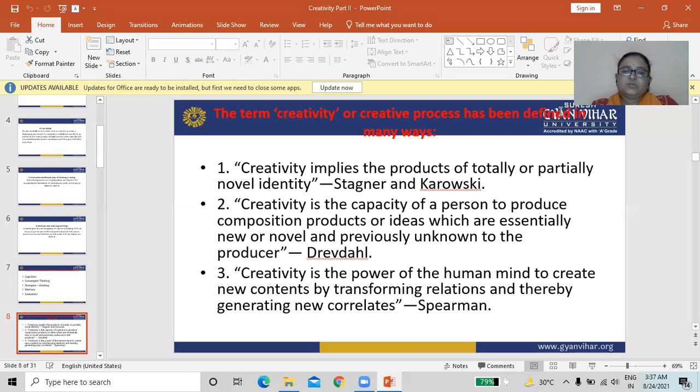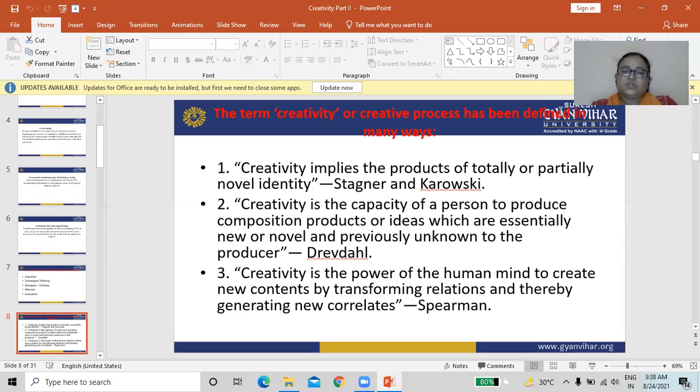Next definition is: creativity is the capacity of a person to produce composition, product, or idea which are essentially new or novel and previously unknown to the producer.